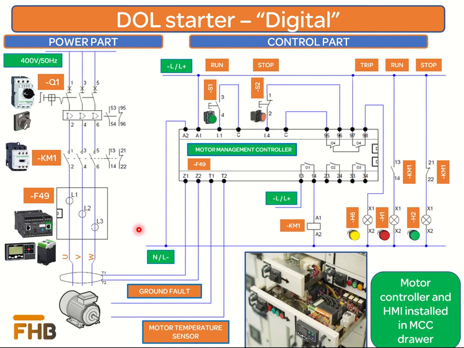Motor start and stop can either be from start-stop push buttons or through the HMI, which is integrated with the controller using the communication cable. Motor start-stop states can be seen from the indication lamps or through the HMI installed at the MCC door. Motor start-stop control and monitoring at the remote control station is possible using a wide range of communication protocols. Most commonly used protocols are Modbus or Profibus or Ethernet TCP/IP protocol.